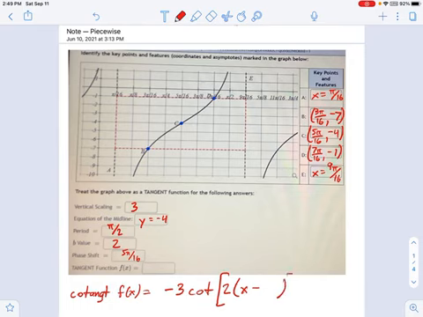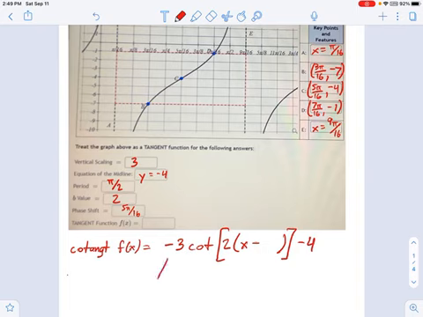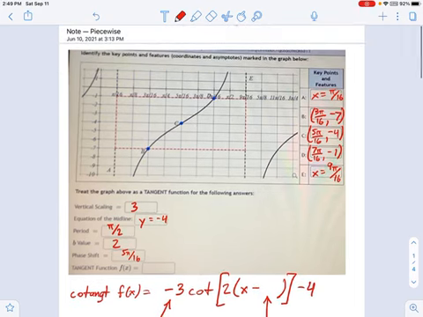The phase shift will change, but the midline won't. So almost everything about this equation does not change when you write it as a cotangent. You can use all of that work you put in. All that changes is the sign of the amplitude right there and the phase shift. Those are the two big things you got to watch out for. Now, where does a cotangent function start? Well, unlike tangent, which starts in the middle, cotangents start at the left asymptote. Okay, or really any asymptote would be a fine starting point because these functions repeat themselves forever.